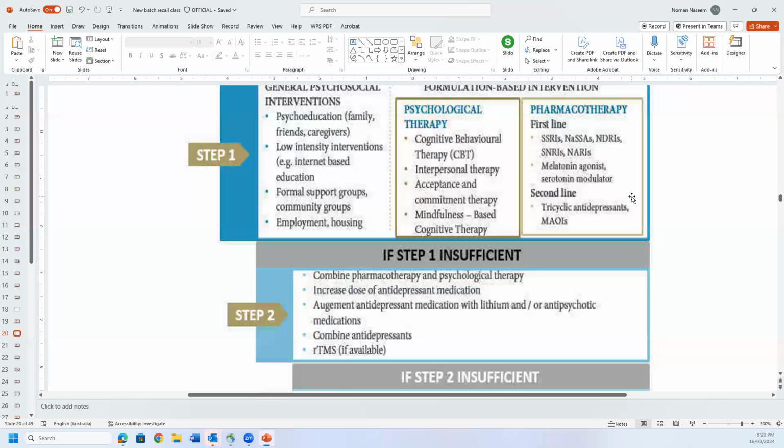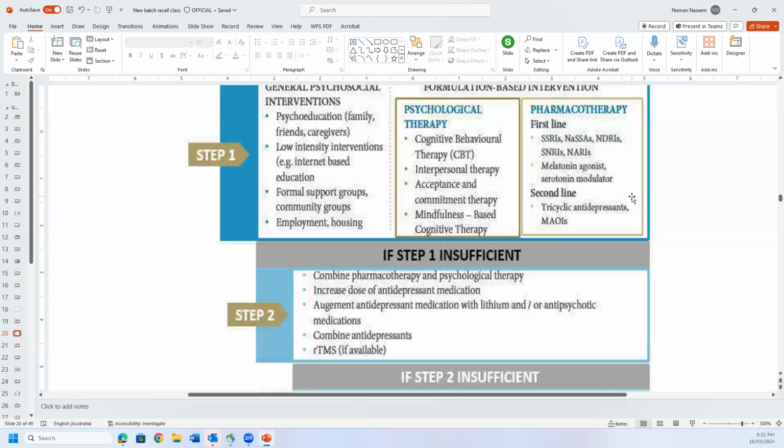Because it requires a certain time period for the level of the antidepressants to build up in the blood and actually work. So you start with the lowest dose and gradually increase them, monitoring the patient for the signs of serotonin syndrome. If the patient on the maximum dose of the antidepressant is not having any benefit from it for 6 to 8 weeks, or if the patient has suicide ideation or has attempted suicide or is having resistant major depressive disorder, then we can think about combining the antidepressant with